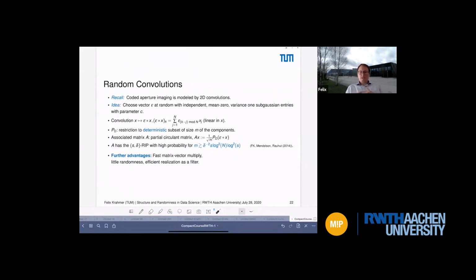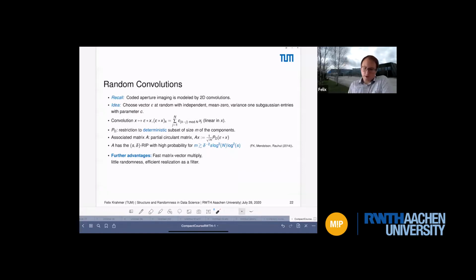Let me quickly revisit now the structured scenarios that I mentioned in the beginning, now that we know about Gaussian matrices, because of course no MRI machine will have a Gaussian measurement ensemble included. So if we recall that we talked about these coded aperture imaging modalities where you model things by 2D convolution,